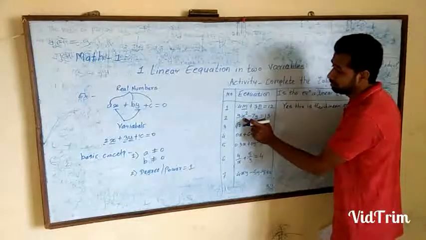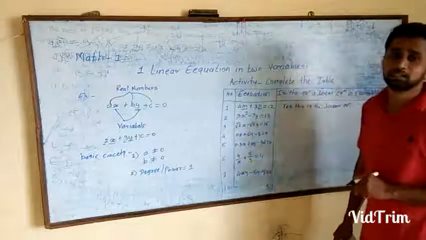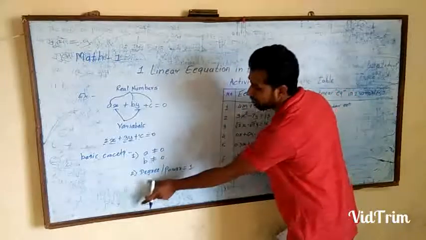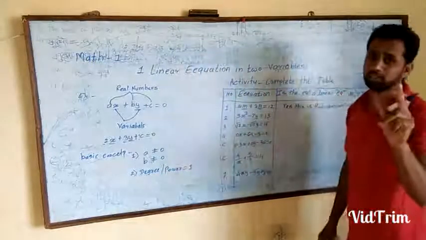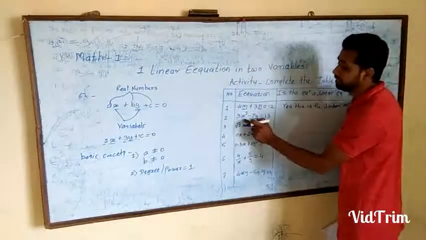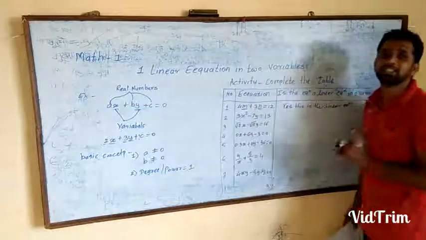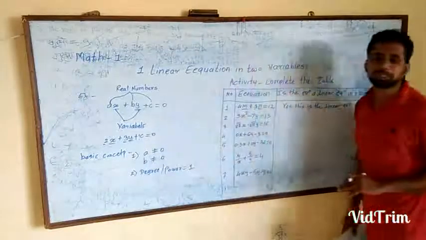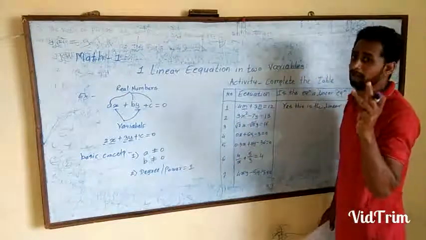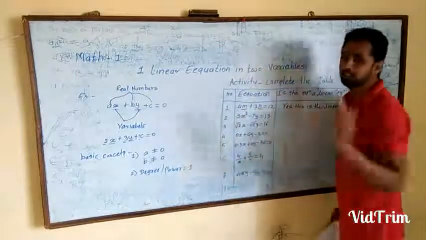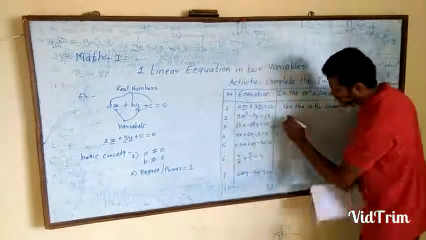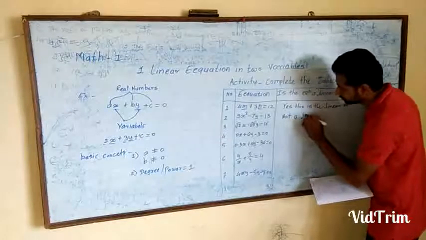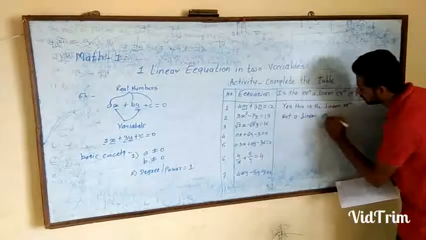Second example आहे 3x square minus 7y is equal to 30. तो बघितलं, the power of this x is 2. And the basic concept of the linear equation is the power and degree has to be 1. So the degree is 2. That's why this is not a linear equation. हे लिनियर इक्वेशनच्या बेसिक कन्सेप्ट मध्ये बसत नाही, कारण याची पॉवर डिग्री काय आहे 2 आहे. आणि बेसिक कन्सेप्ट असं म्हणते की पॉवर किंवा डिग्री किती असली पाहिजे 1 असली पाहिजे. सो वी राइट हियर नॉट अ लिनियर इक्वेशन.